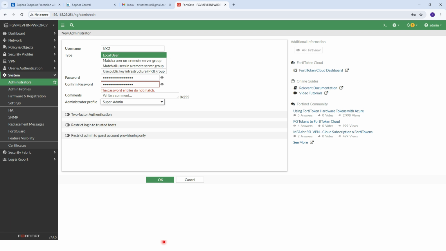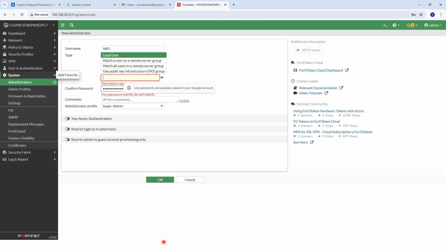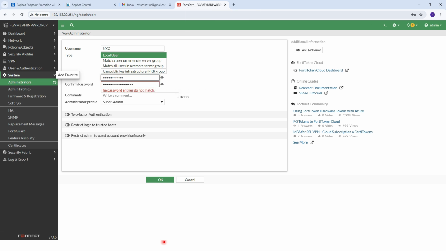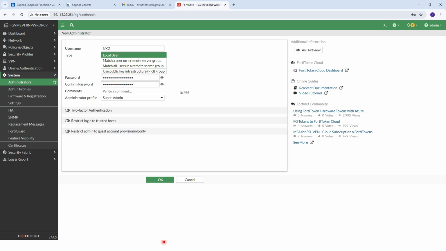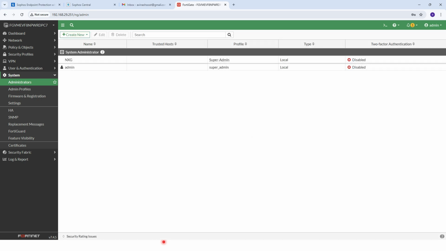And the password entry does not match. Oh my god, we need to check why the password does not match. Okay, wow, now it matches. And I will guide you how to create authenticator, two-factor authentication, in my upcoming video. Once you have created this, then you can click on OK, and you can see I have created the NXG account, and right now I am logged in with admin.